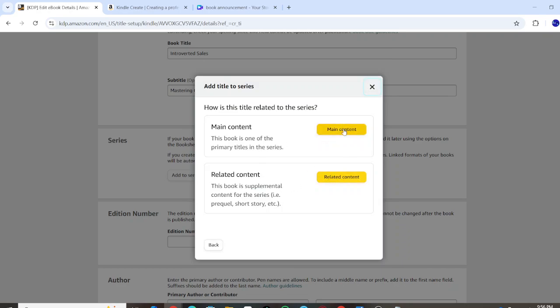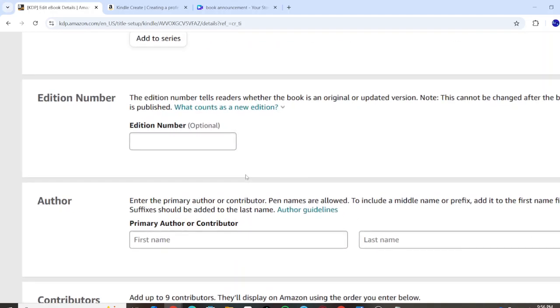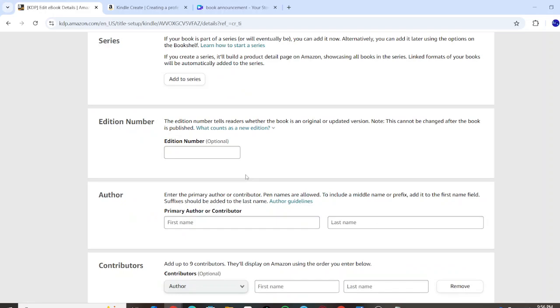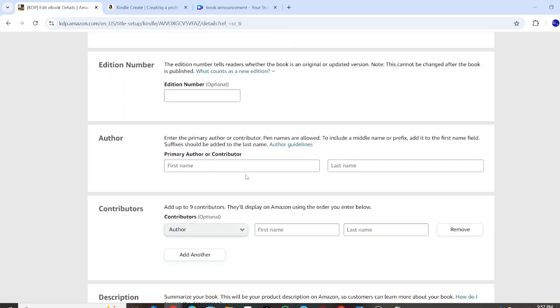In this case, the main content is related and the title information is correct, so you can click continue. But since this is just an example, I'm still gonna have to go back and fix everything up. In a normal sense, you can always go through and add this. You can put the edition number if you have one. If you're doing the paperback version, they're gonna give you an ISBN, a code number that helps define the book. It's a free number that Amazon provides you as a book publisher for each book individually. So you put your name here, that would be Javon